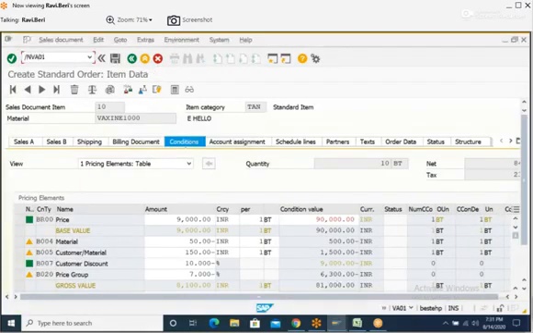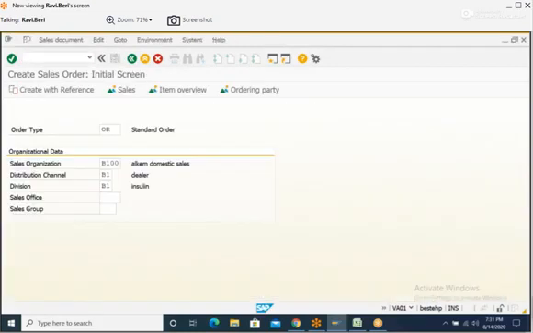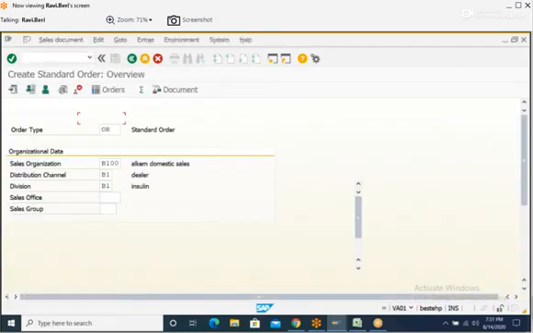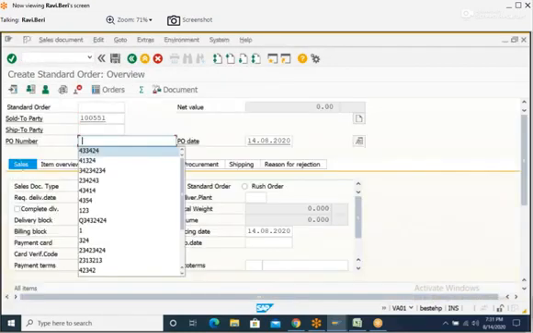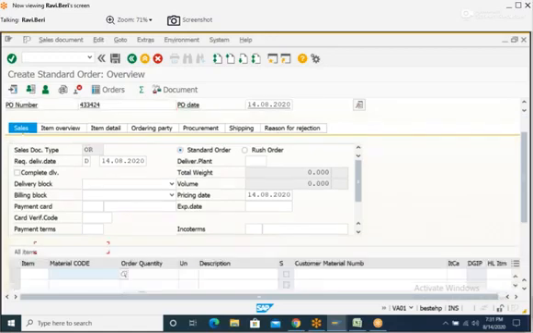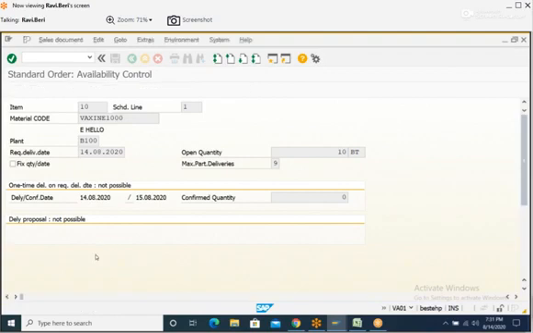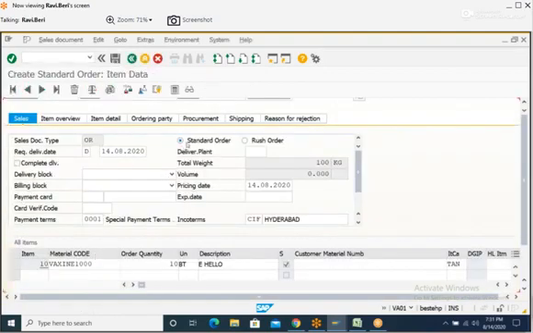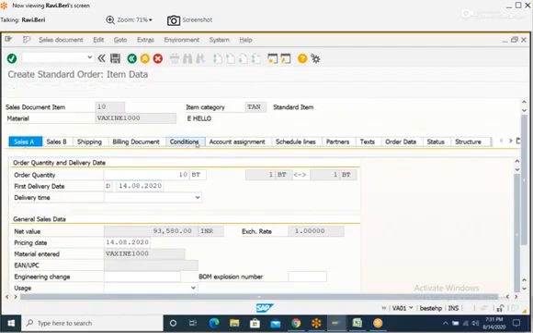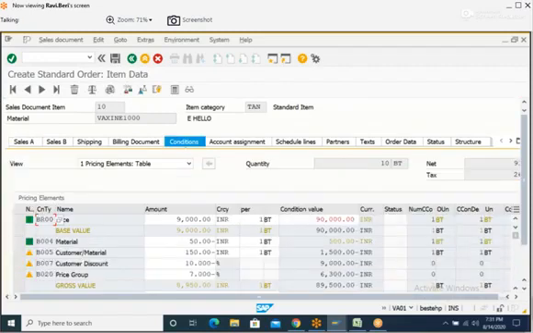Now create one more order, same. See the result. Go to conditions. See here, this one will be active, the least one, and other conditions will become inactive.